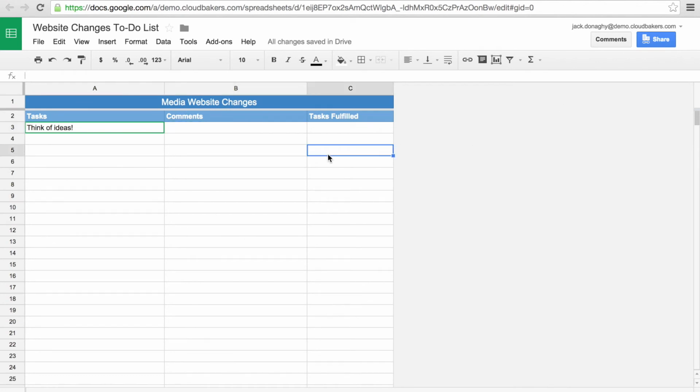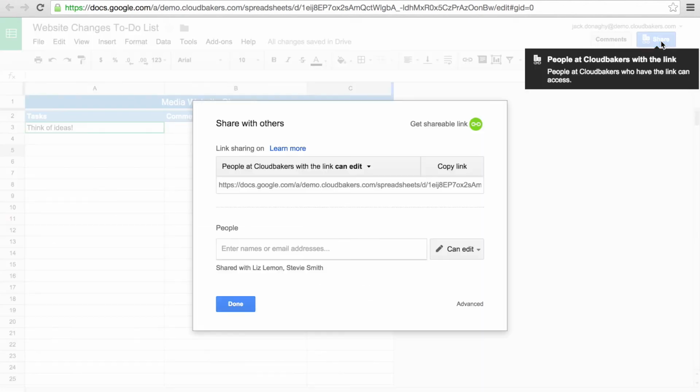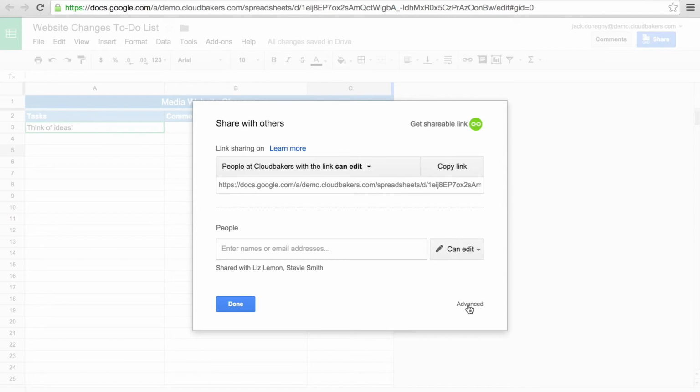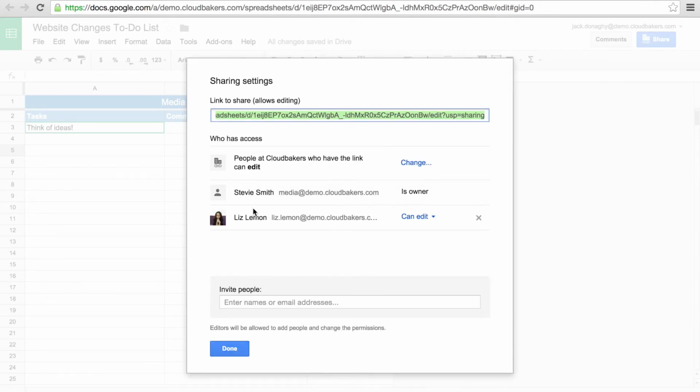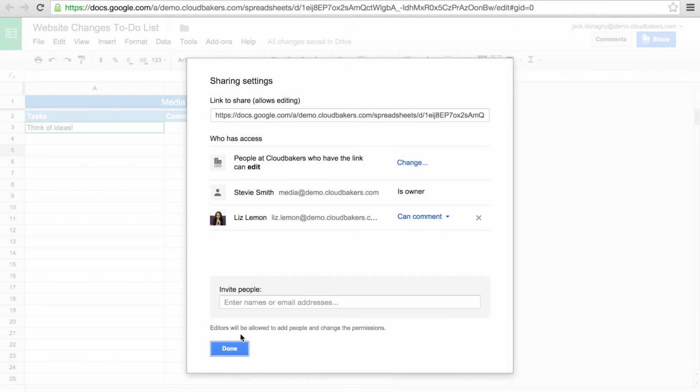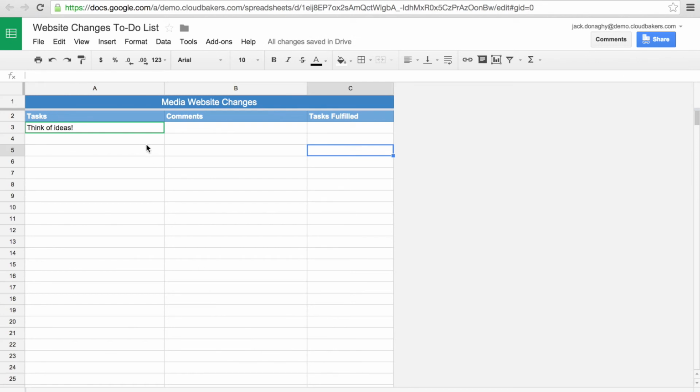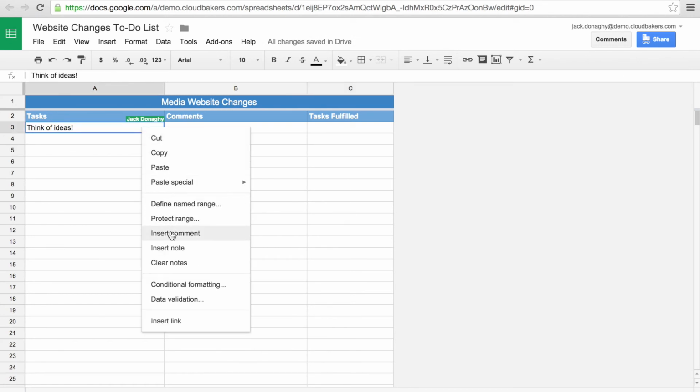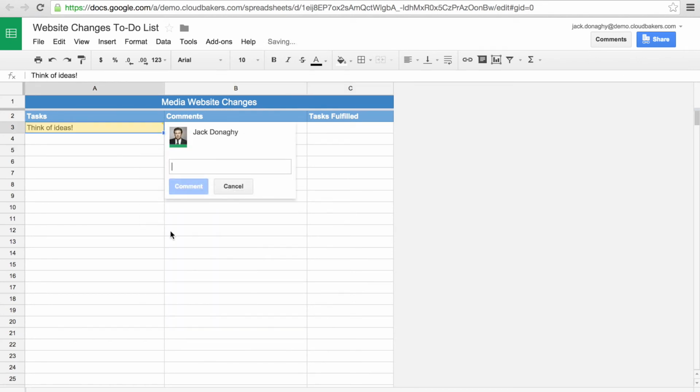Let's say your colleague enters the information that requires collaboration with other employees on a specific media campaign, and we don't want them to make any further changes while the marketing team works on the design aspect of the document. We can go back to the Share button and change the colleague's access to comment only. That way, if an edit needs to be made, they can still state the change and the designer can add that in his or her own way.